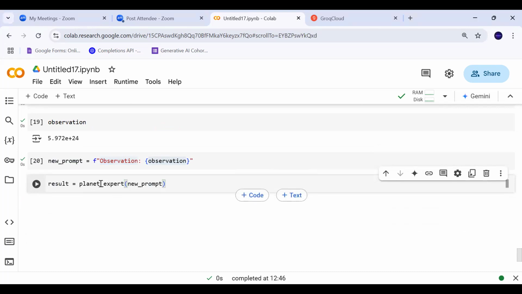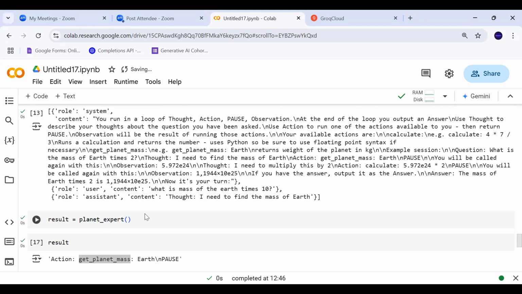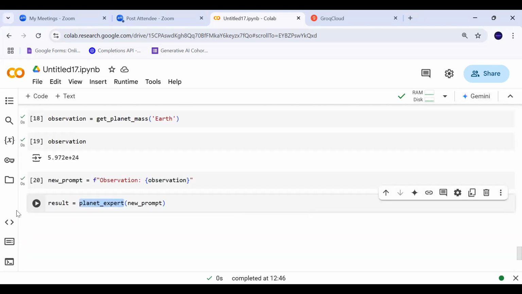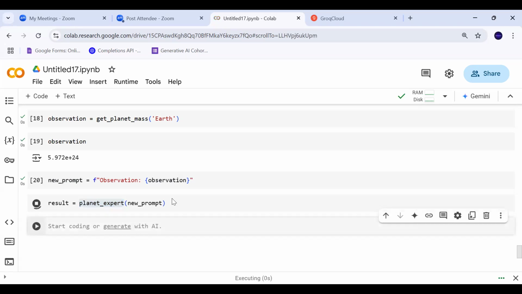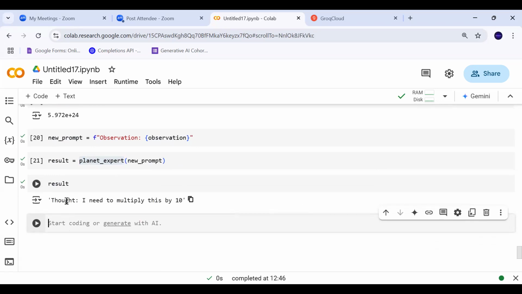Planet expert is the name. So I will give this new prompt and let's see what it has. When I display the result, thought: I need to multiply this by 10. Is everyone understanding now?